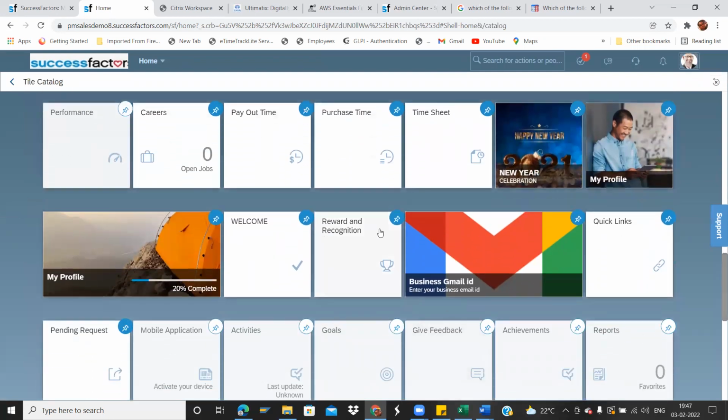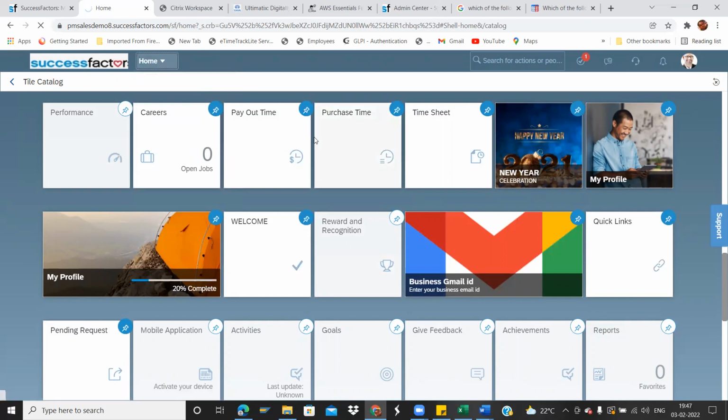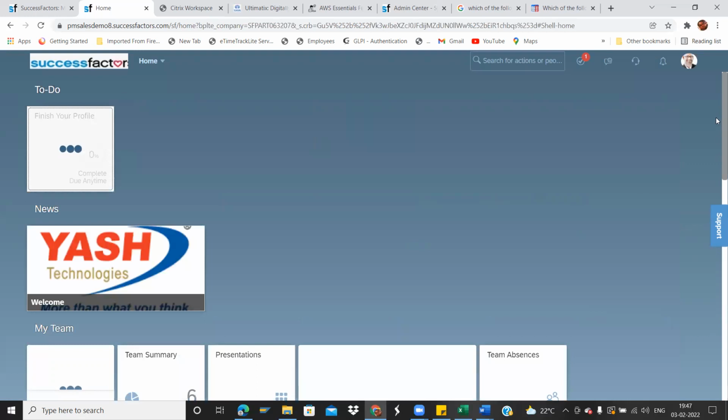For example, we have kept rewards and recognitions mandatory for all, but some employees say, I don't want to see this because I'm not interested, so I'm just unpinning it. Then I come back to the home page, and I can't see rewards and recognitions under my info.